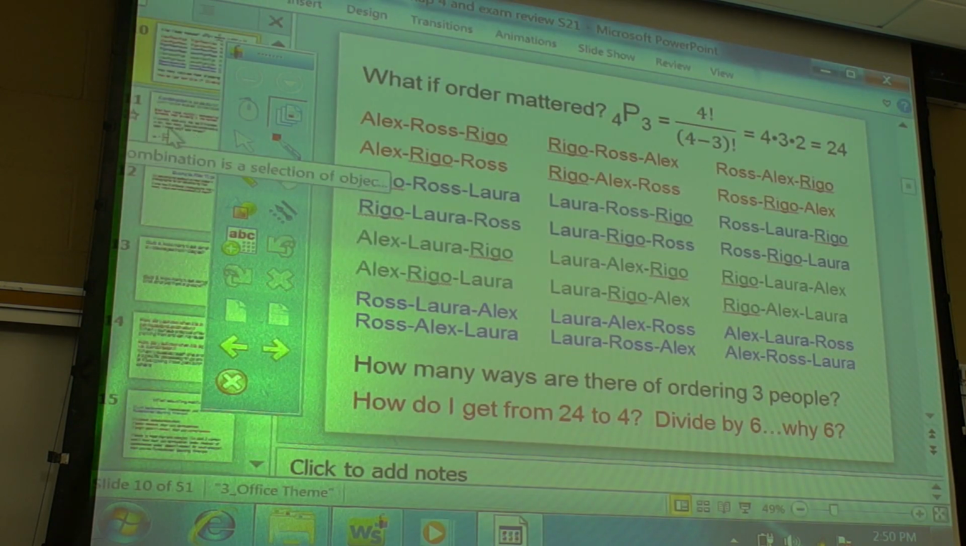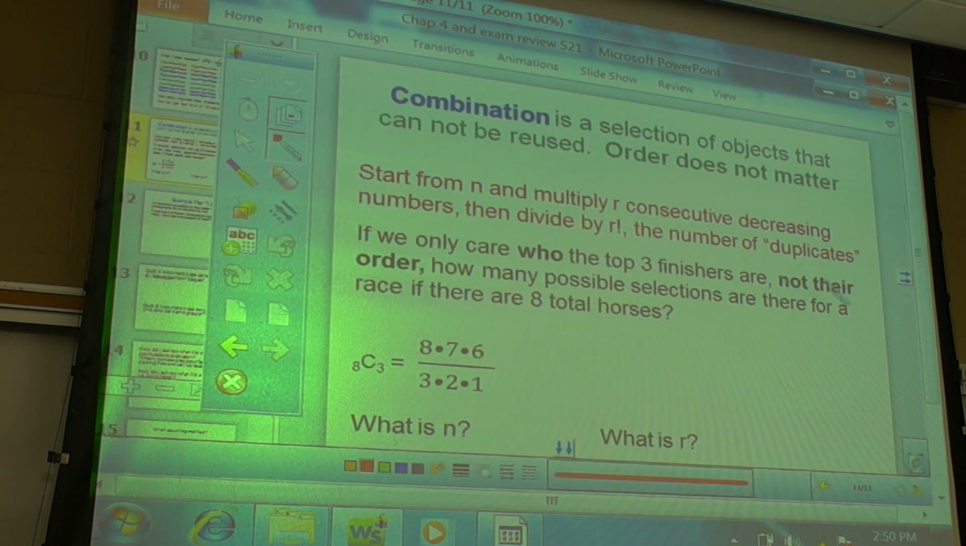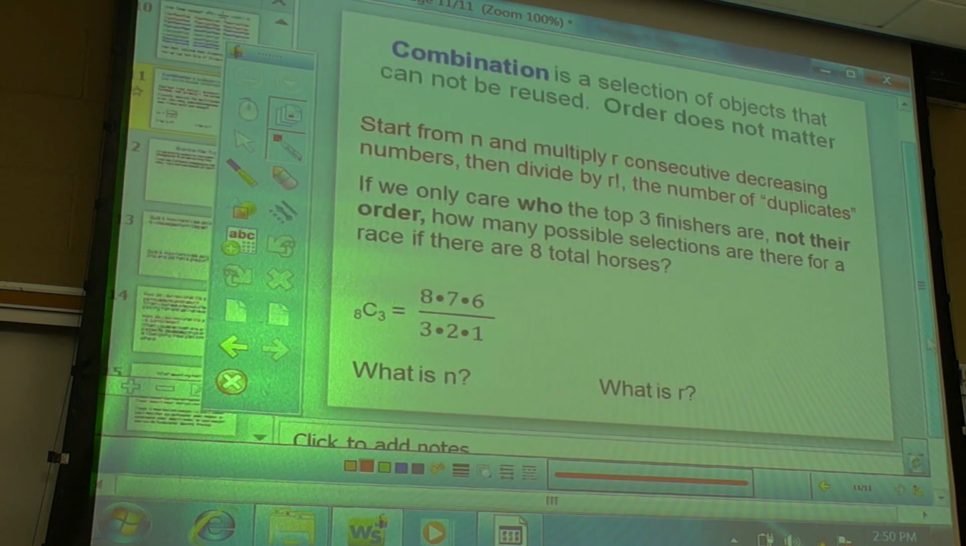How many things are in each group? Well, there's 3 items that you're picking. So it's going to be 3 factorial. How many ways can you arrange 3 items? So in other words, if I'm going to do a combination, you start from